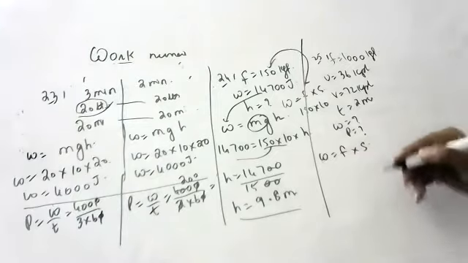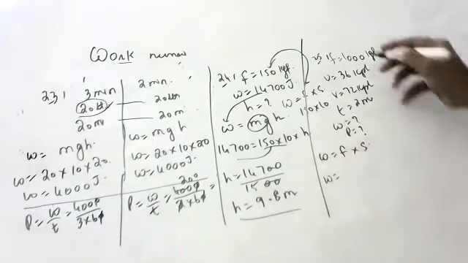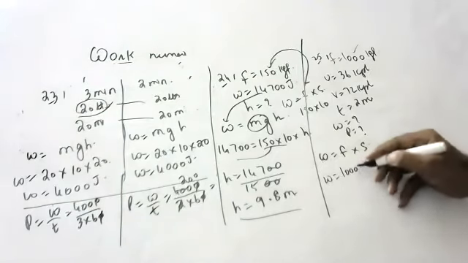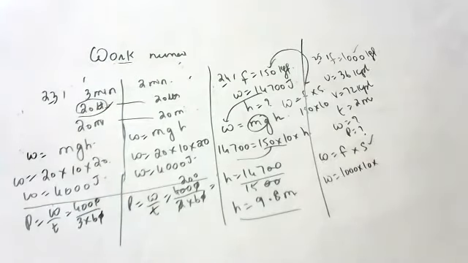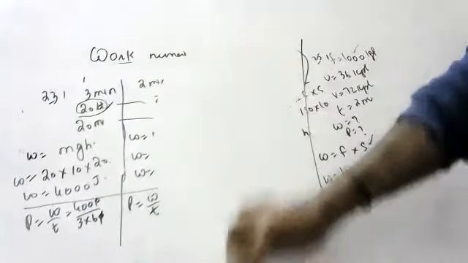S is equal to ut plus half at square, you want to take? Yes. Force is given as 1000 kgf, 1000 into 10. But displacement, how will you find out? Displacement is not there, no? S is equal to ut plus half at square, if you do it, it will become very big. Any other method? For other method, we need to find the acceleration. Yes, compulsory you have to find the acceleration. Without finding acceleration, how will we use S is equal to ut plus half at square also?